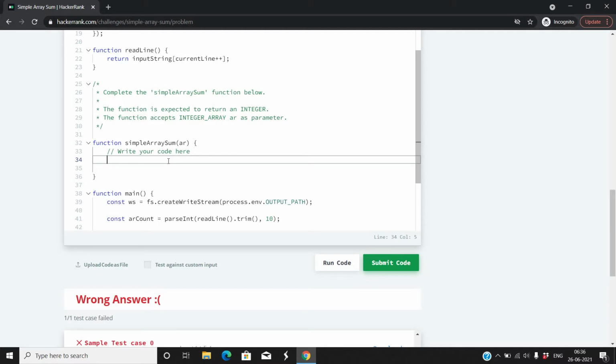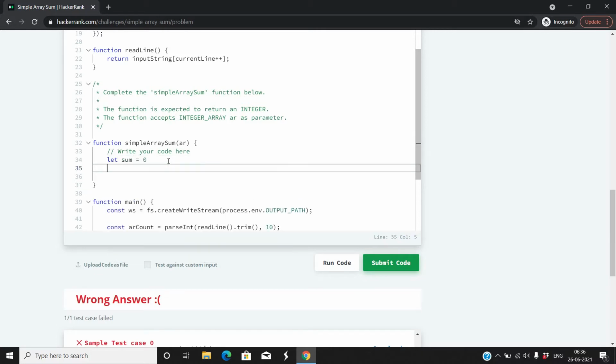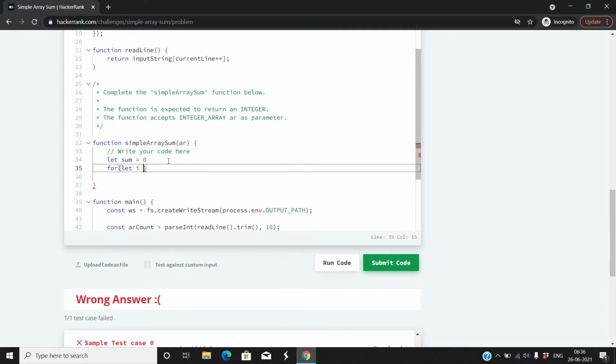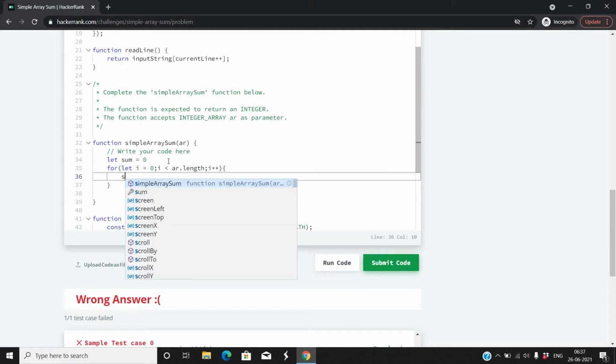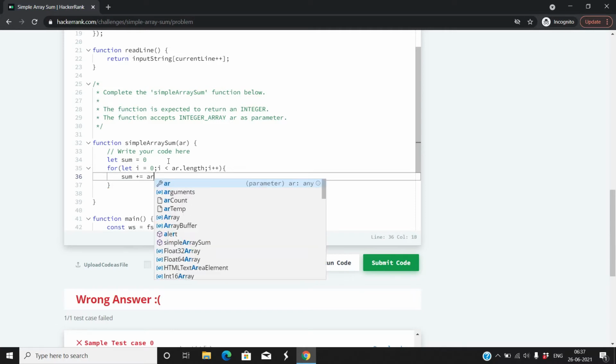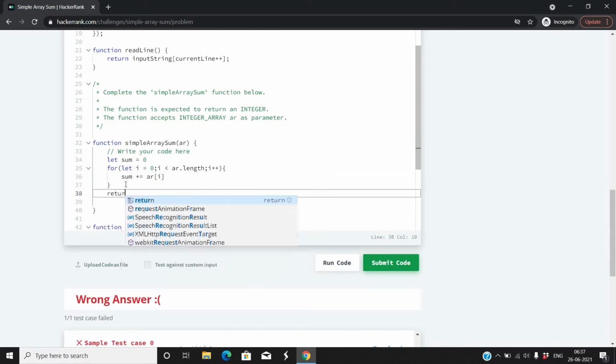Initially, in order to calculate the sum, I am taking a variable sum which equals 0, and I am writing the for loop: for let i equals 0, i less than ar.length, i plus plus. Let us write sum equals sum plus ar of i, and finally you are going to return the sum.